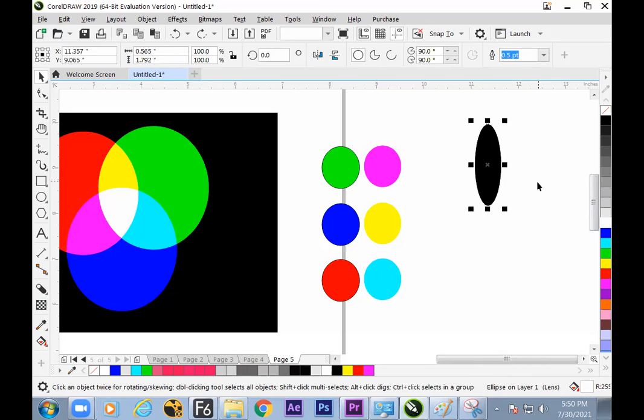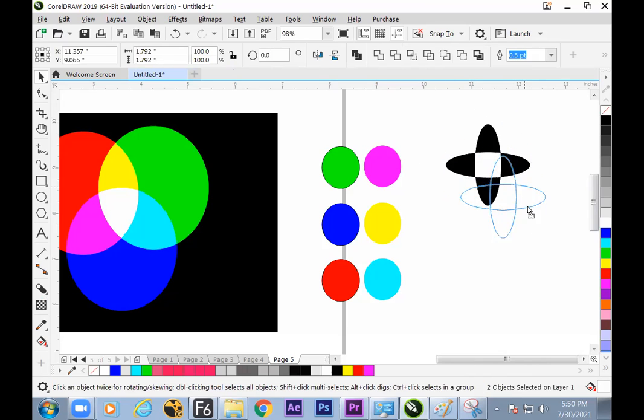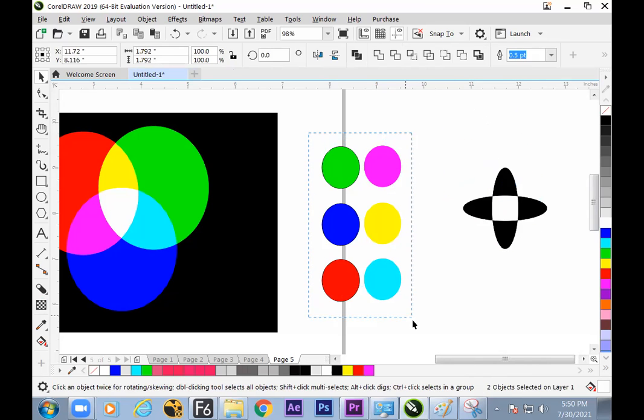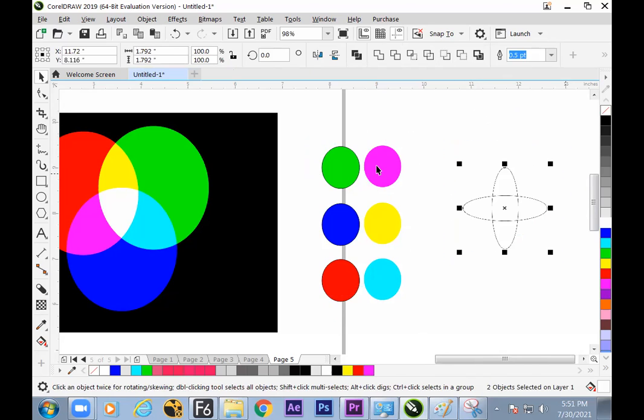So once more, select, make a copy of it and rotate it by 90 degrees. So what is the blend mode? Difference blend mode. What is this blend mode? Invert blend mode. What is the blend mode? Screen blend mode. Select the objects, get a duplicate, turn it 45 degrees.